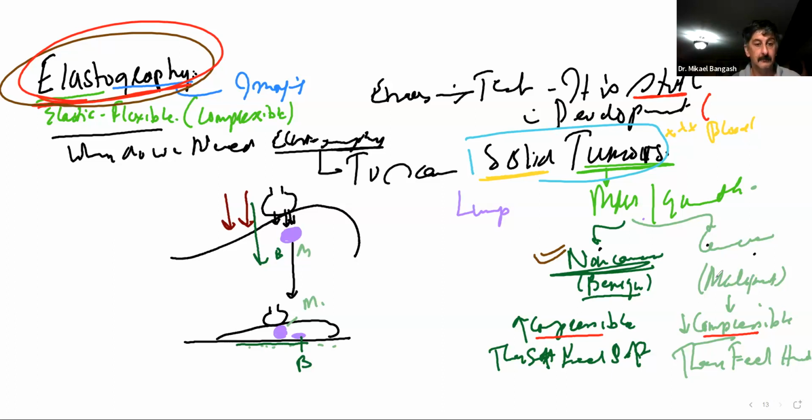Did that make sense? Okay, so one of the limitations of the old method of elastography was that it could only be used, first of all, for solid tumors. Even modern elastography is still only applicable to solid tumors. Did that make sense? Yes. Okay, but what we actually will see in the modern method of elastography, first of all,